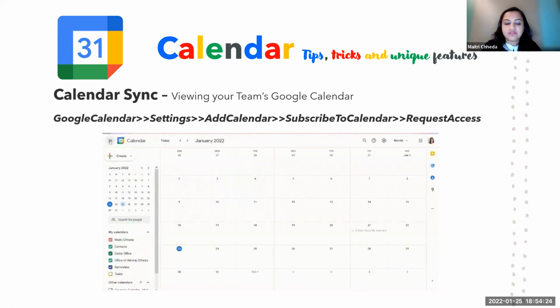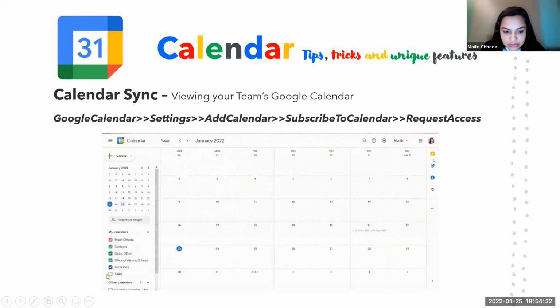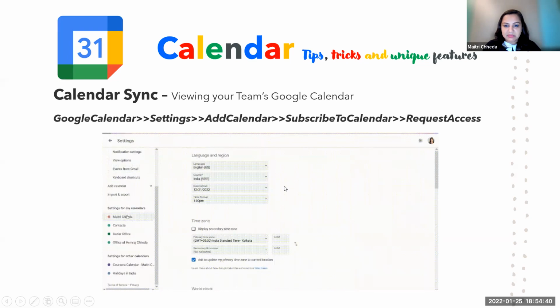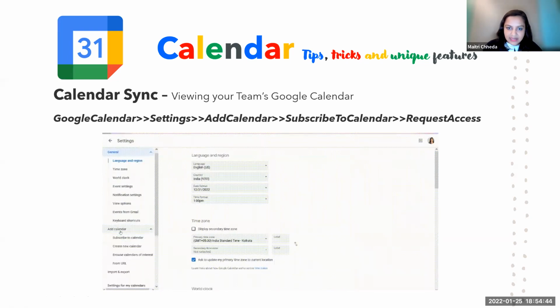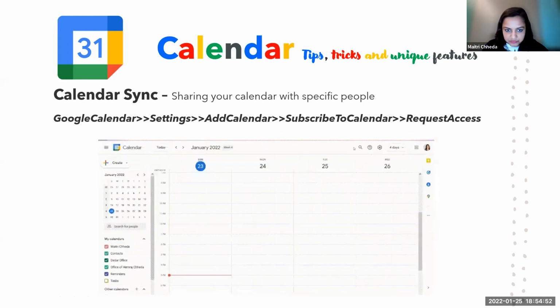You are able to see various calendars. See, I have at least 5 calendars which are shared with me over here. And if you see over here, there's a task calendar also, and all my tasks will be shown on my calendar. Okay, so this calendar sync can be done. It's a great feature to have if you want to have a look at everybody's calendar. Now this will be useful provided everybody whose access you have taken is using the calendar.